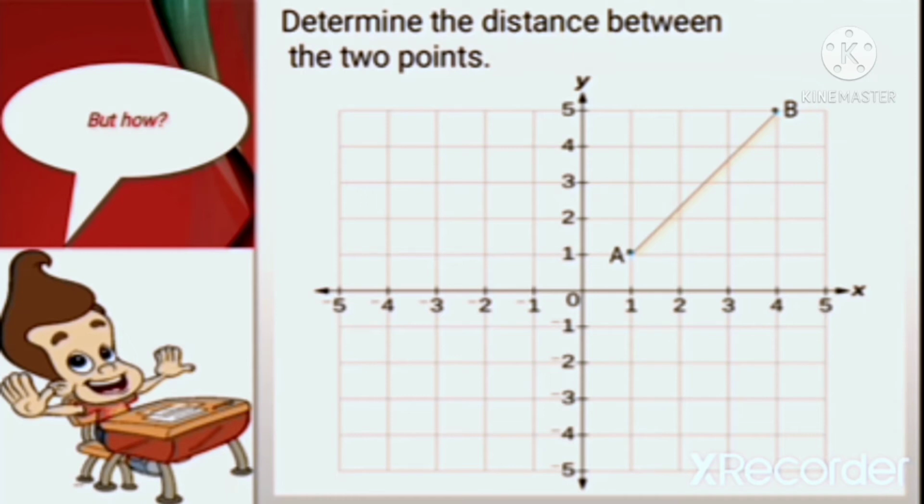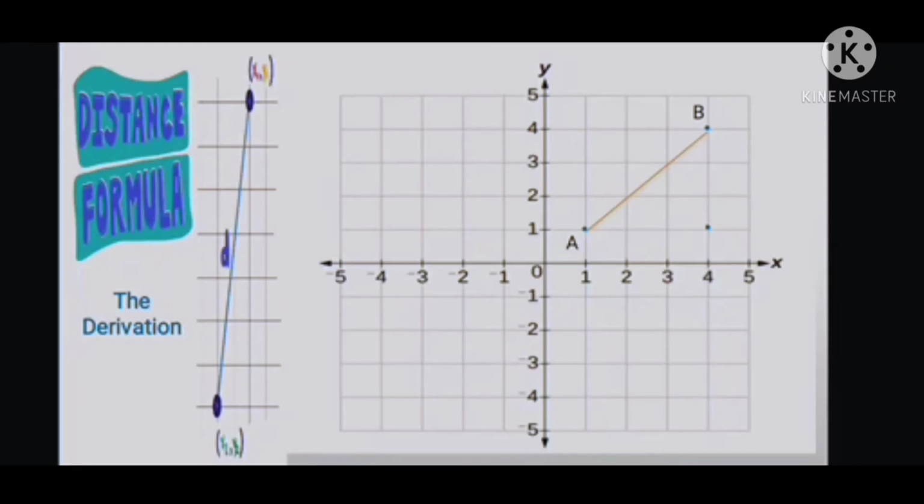Okay, so to get the distance from A to B, that will be our main focus of this lesson. We will just use the distance formula. Before we apply the distance formula, let us first derive the formula. So how are we going to derive the formula? If we are going to find the distance from point A to B, and that is a diagonal line,